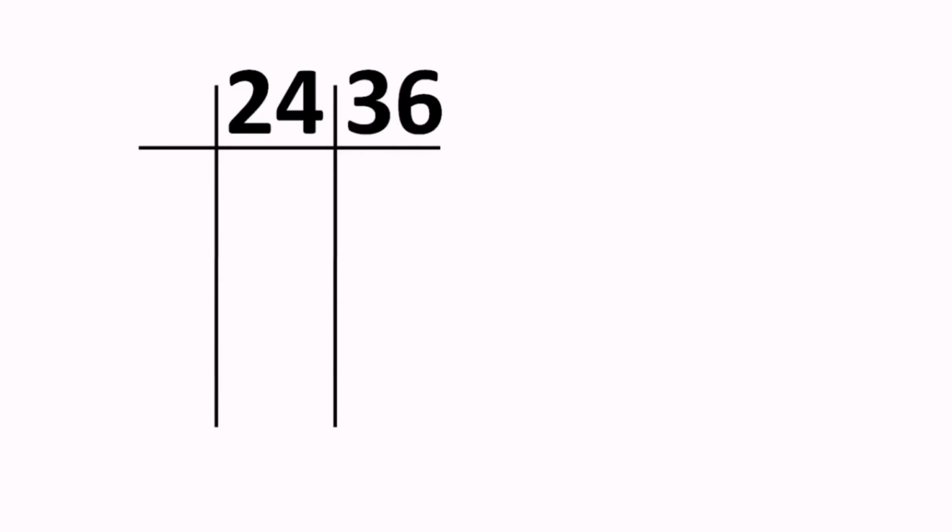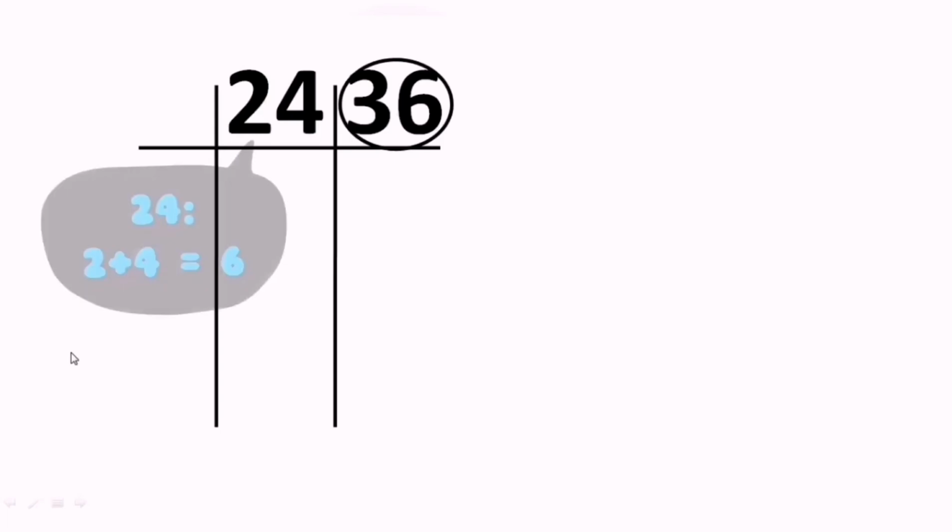Okay, but the one thing you need to keep in mind is that we need to choose a prime number which will divide both the numbers, 24 as well as 36. So if you remember the divisibility tests for 2, 3, 5, 7 and so on, then it is the best part for our lesson. Presently, both 24 and 36 are even numbers, so they are divisible by 2. And if you add the digits in these numbers, you will find that the sum of the digits in both numbers is such that they are divisible by 3.